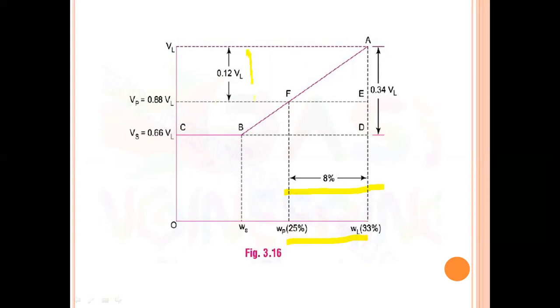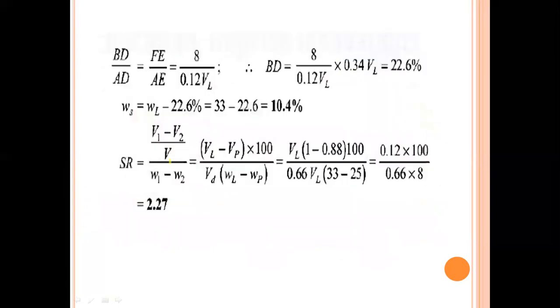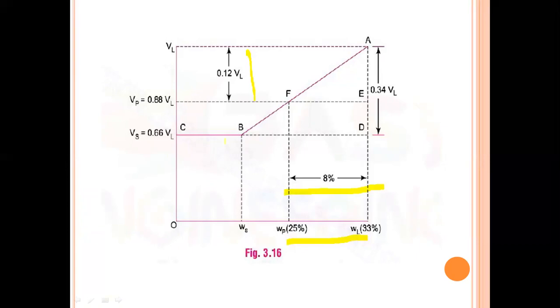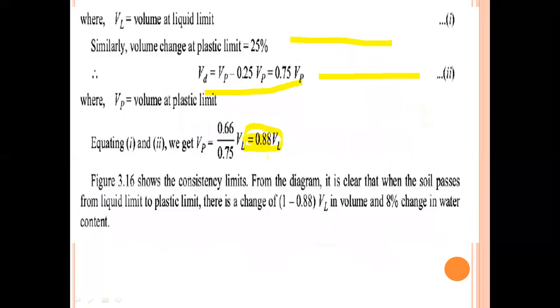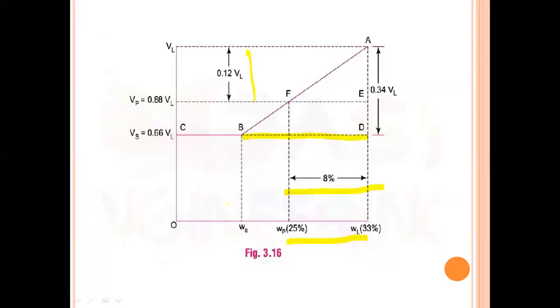So and also volume of liquid, 0.12. So here BD divided by AD, this portion